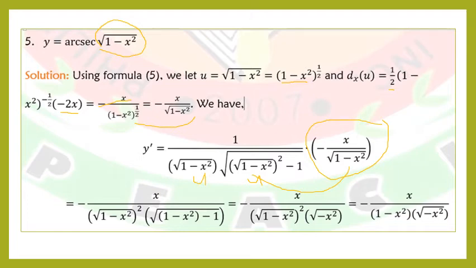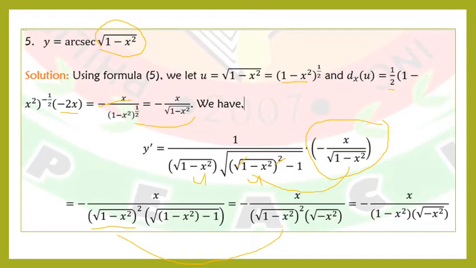Okay, so simplify lang natin. So 1 times negative x is negative x, and then sa denominator we have the square root of 1 minus x squared times the square root of 1 minus x squared, is magiging square root of 1 minus x squared quantity squared, kasi diba the same lang sila, so pwede natin siyang ma-express in this form. Okay, times, just copy the square root of, okay, so since eto and x at saka yung exponent equal man, so we left with 1 minus x squared minus 1 na lang, or this is equal to negative x over,